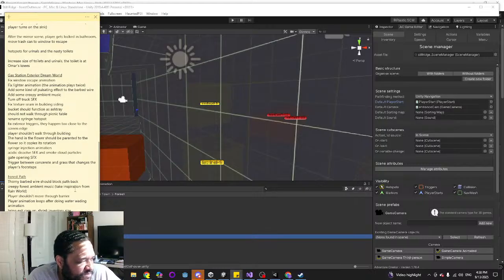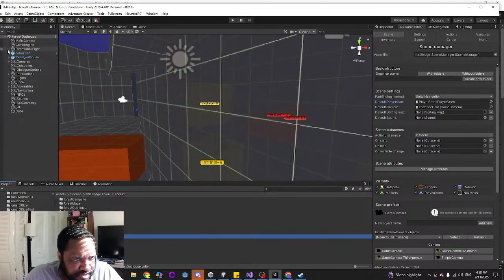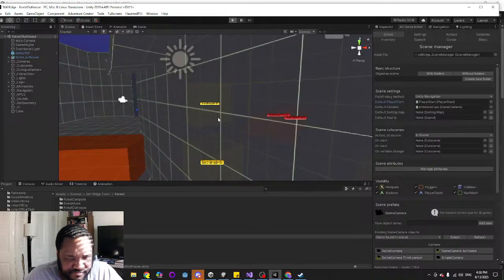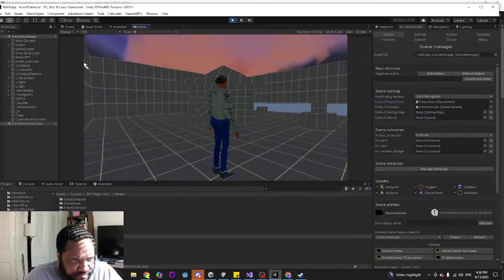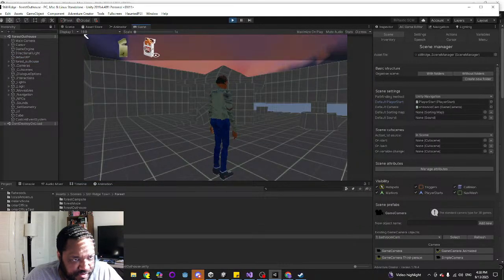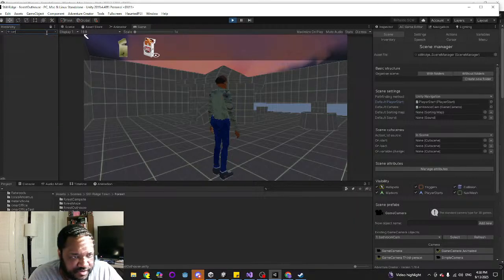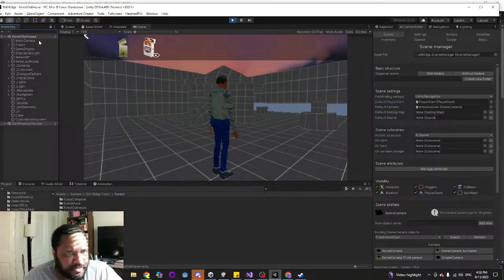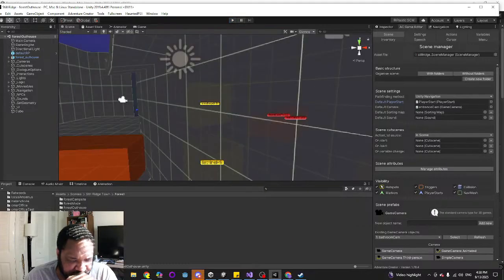The right size of UI elements for these retro-looking games. So let me bring up my canvas. Let me look for my UI objects.